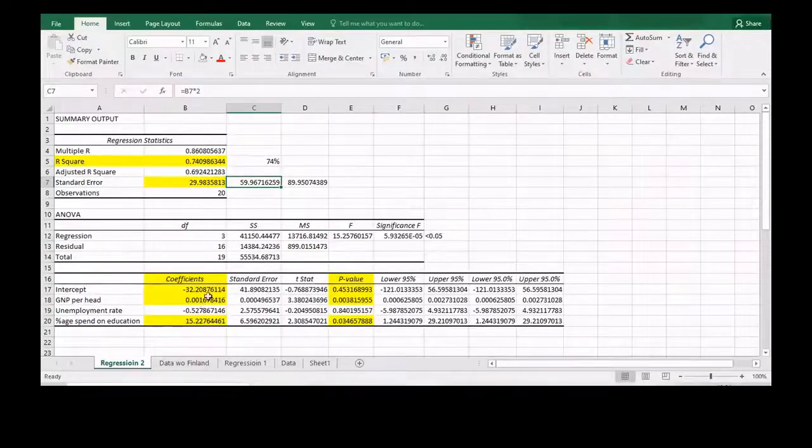So now with this coefficient we can write the equation. Before that, let me reduce the decimal points.